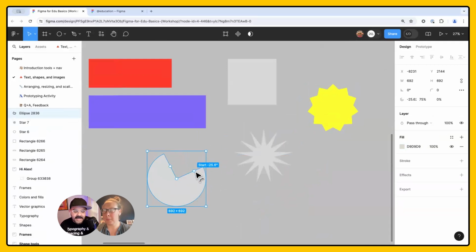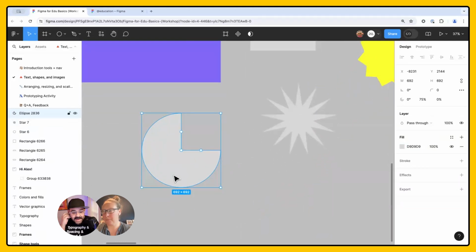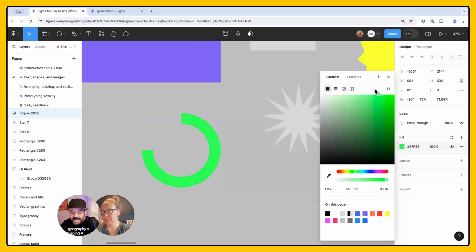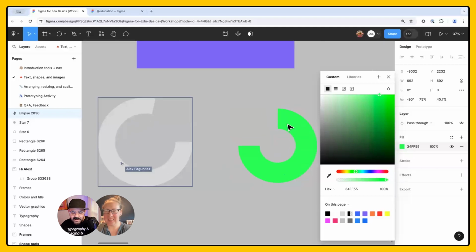So let's say I was a designer creating an activity tracking app, and I want a little circle that kind of grows and shows my progress. You see here this option, I can drag this out, and I can easily begin to visualize what that might look like as UI, as a user interface. So here you can see I can change that color, and I can generate and modify this object. And Alex is doing it right there too, right along with me. There we go. So I can change the ratio, and I can rotate these.